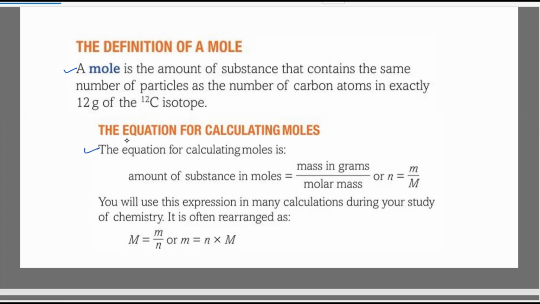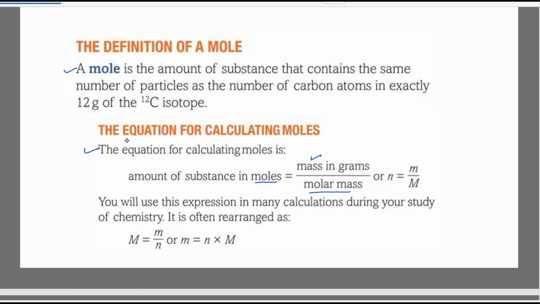And this was the formula which I told you, how we are going to connect the moles with the mass of a substance, how to find out the number of moles in a given mass of the substance. We will be dividing it by molar mass. What is molar mass? It's basically the mass of a substance which is equal to 1 mole, or we can say it's basically the MR in grams or AR in grams. So that is the molar mass.